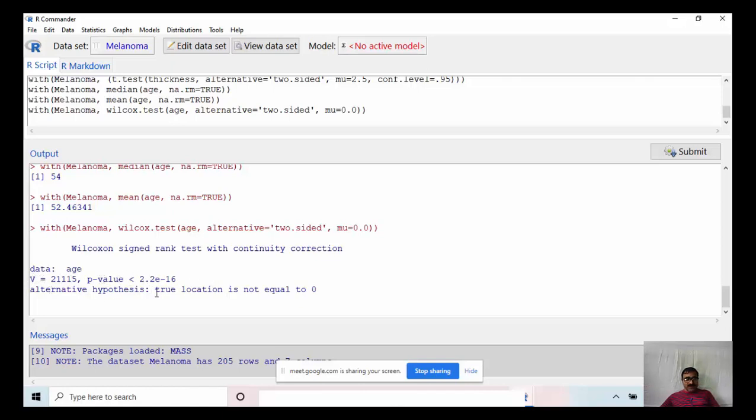Alternative hypothesis: true location is not equal to 0. So true location equal to 0 or true location not equal to 0. Here, since P is less than 0.05, very close to 0, my null hypothesis is rejected and the alternative hypothesis is true. So it is written here: alternative hypothesis, true location is not equal to 0.